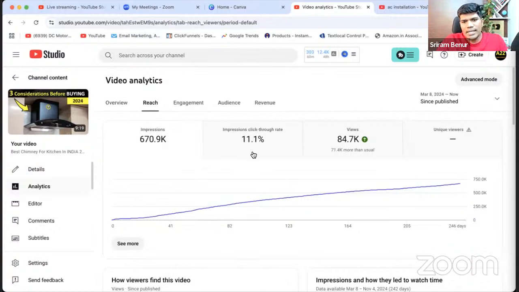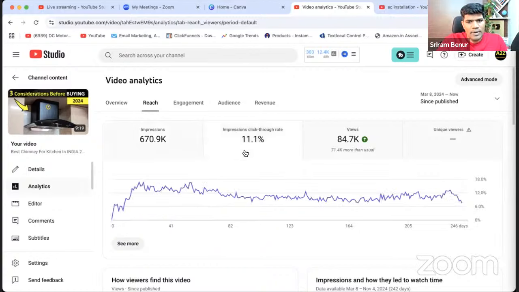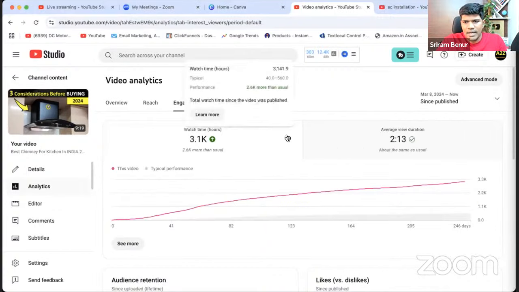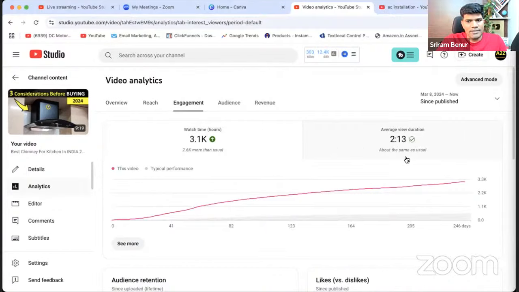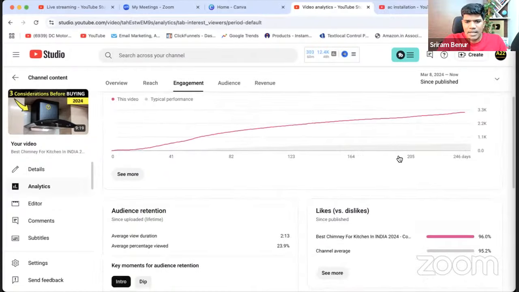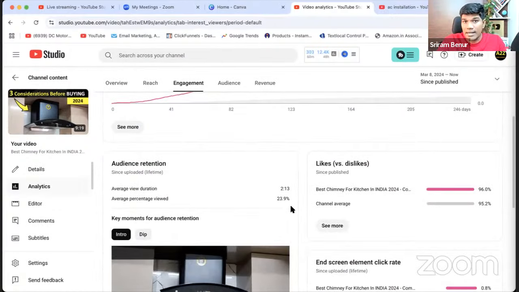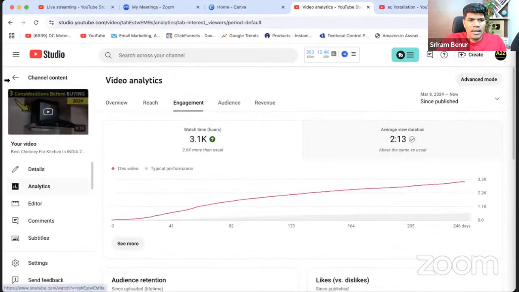Now, is it only CTR? No, it's always a combination of click-through rate plus retention. Now let's go to the engagement here to see the retention. If you see on this video, the retention is about 2 minutes 13 seconds. That's only about 23%, which is not great. 23% is not great. So what would be great?